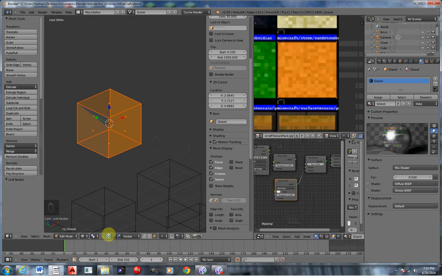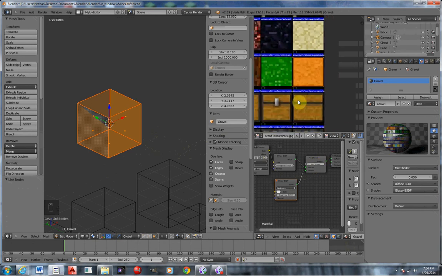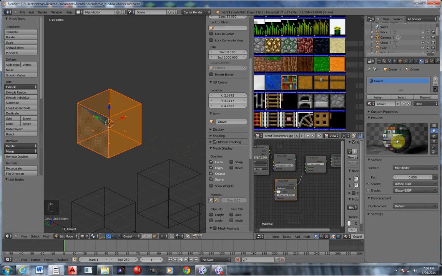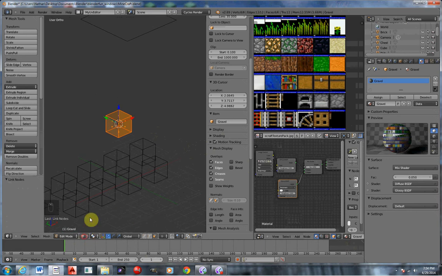Alright, so right now if we look at it, right there, doesn't look too good, doesn't look right, so we're going to take this down a little bit, 0.1. That should still be a little too much. Yeah, I don't really like that. So we're going to do 0.05. Alright, that's pretty good. Okay, and there's your gravel. Now if we look at it, it'll look better in the render, but for right now,